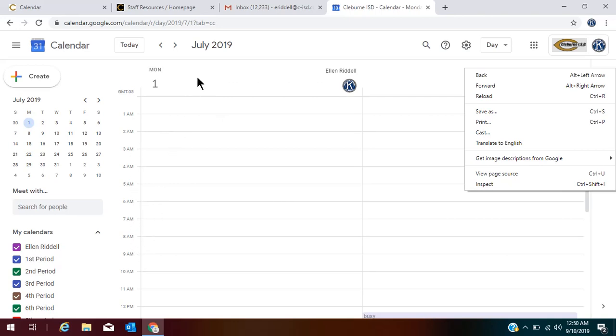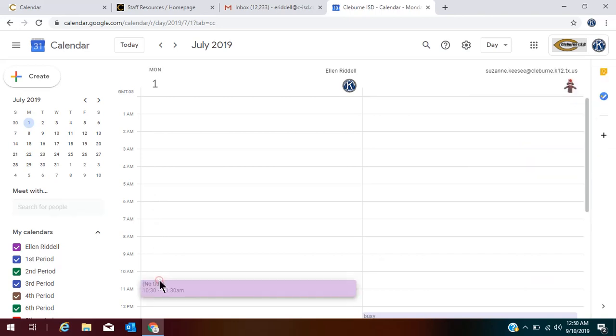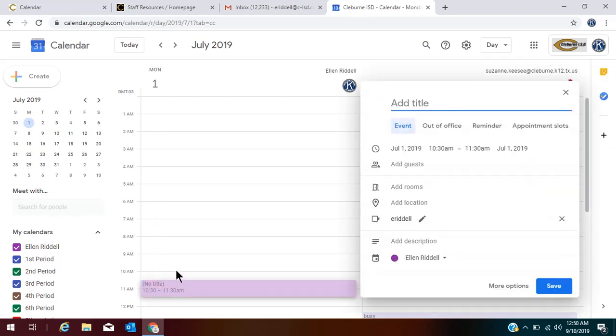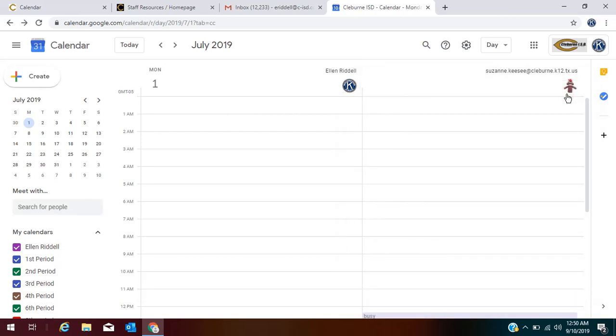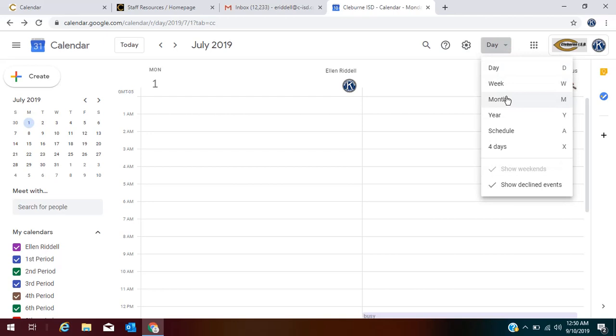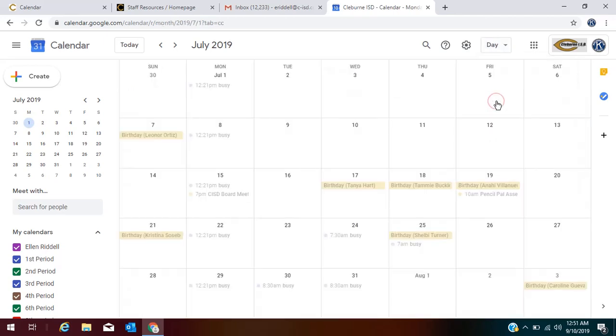So I could go in here just like when I set an appointment in my phone, say on July the 4th, at, I don't know, say I had an appointment that morning, and I could add lunch with Beth or something like that, and it would save. I use this option most often in my telephone, to be honest with you, much more often than I use it in my computer. Don't get me wrong, I do have to use it regularly from my staff account,